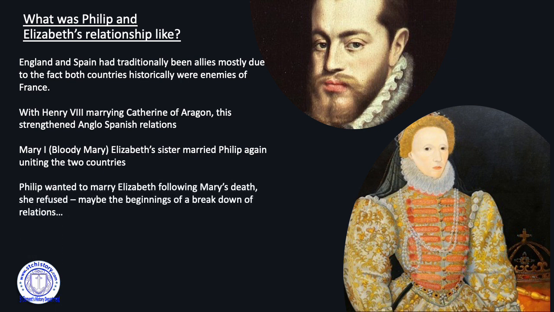So Philip is wanting to marry Elizabeth, not because he loves Elizabeth. It's nothing about love in this period. It's about convenience, and he wants to be King of England again, and that would make things a lot easier. Maybe in hindsight, if we'd have lost the Spanish Armada, that might have been the most sensible thing to do, to marry the most powerful man in Europe and just let the country continue as Catholic. Elizabeth could carry on and produce heirs. I know it wouldn't have been ideal because she's a Protestant, but it could well have saved England as it was. We didn't need to worry because Elizabeth kicked his butt anyway.